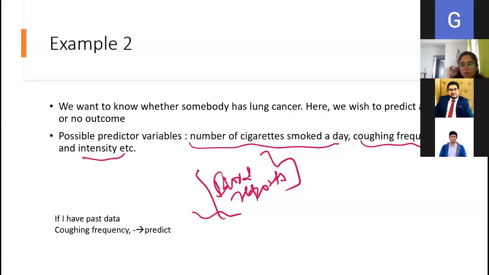So in hospitals also, if you have that kind of data, say in a hospital I have data of say 1,000 people who were tested for lung cancer, and they had these variables. And I have the data whether they had lung cancer or not, and the data for these variables. I can run discriminant analysis or even logistic regression, and then predict whether the fresh cases, those 100 new cases that are coming, are going to have lung cancer or not. So that kind of thing can be done.